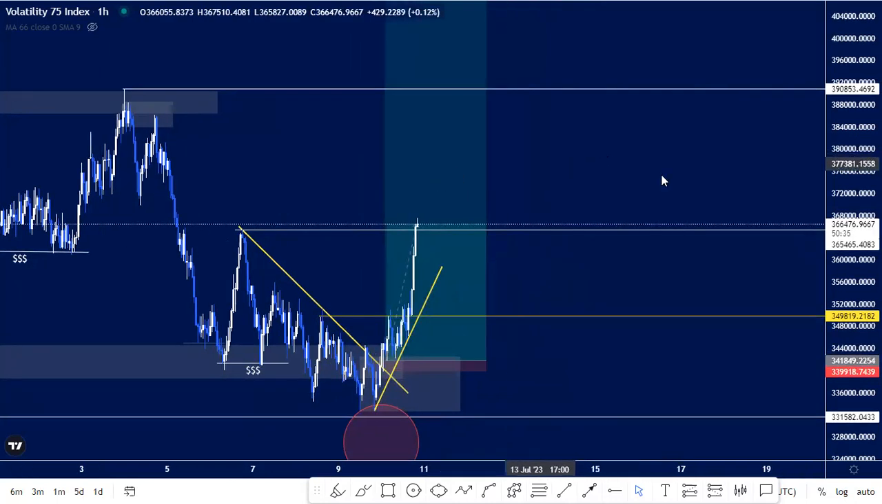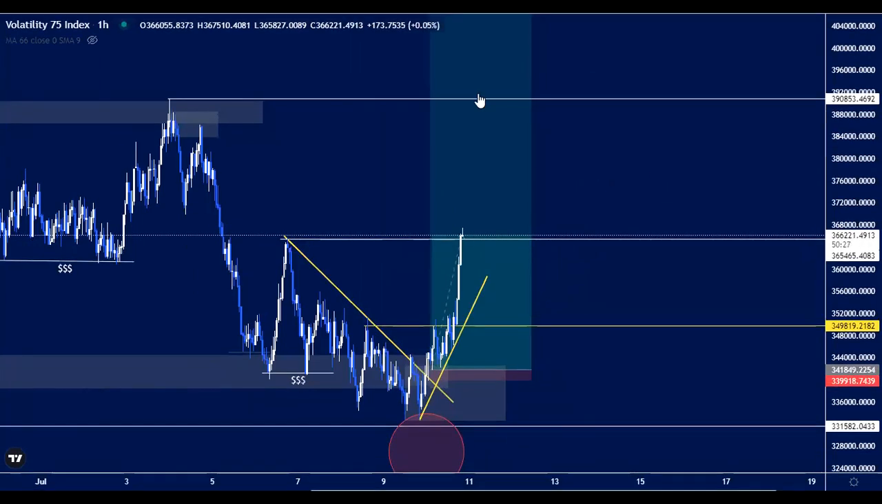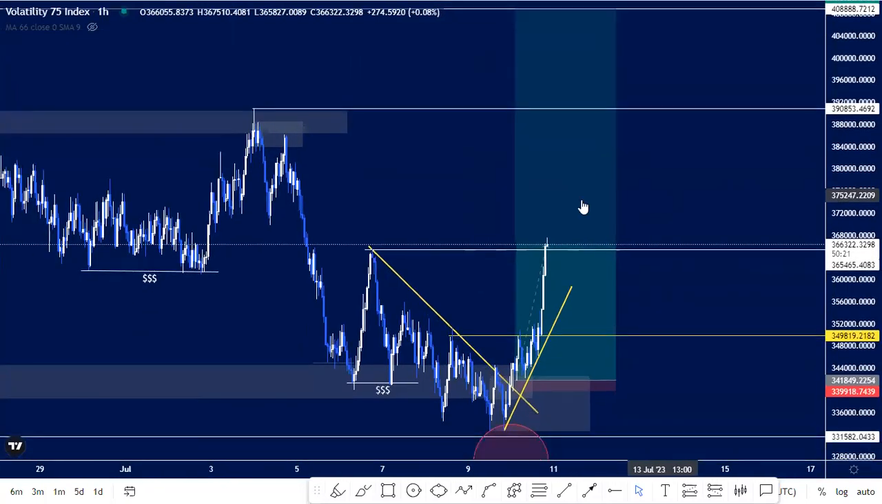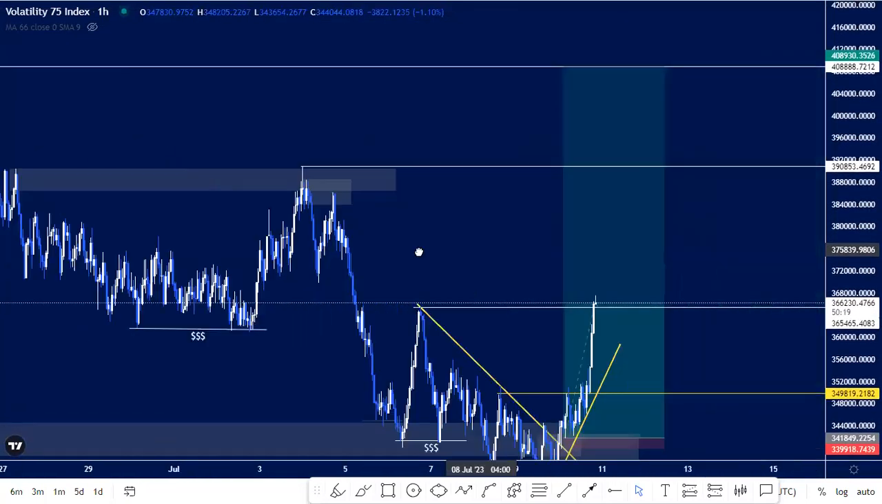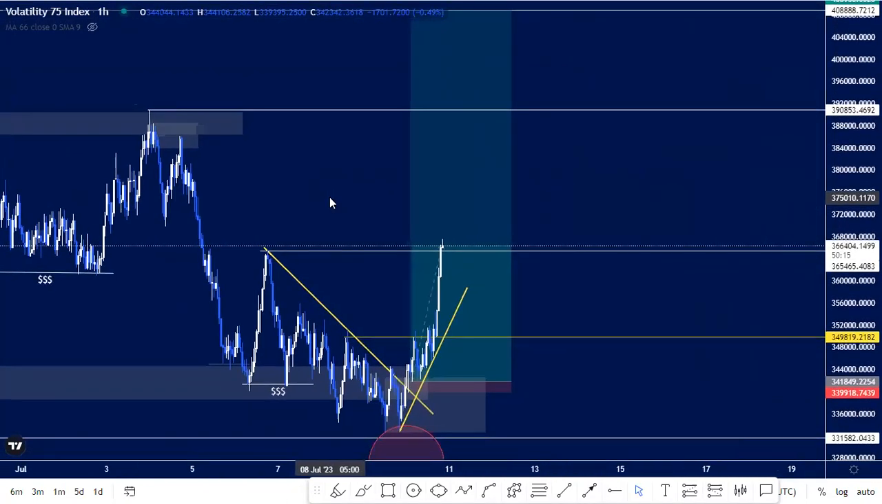So a risk-free trade is simply a trade whereby your stop loss is now on break-even, and you no longer have anything that you are risking on that particular trade. So this one's a risk-free trade. The advantage of risk-free trades is that you can actually hold them all the way to the particular take profit